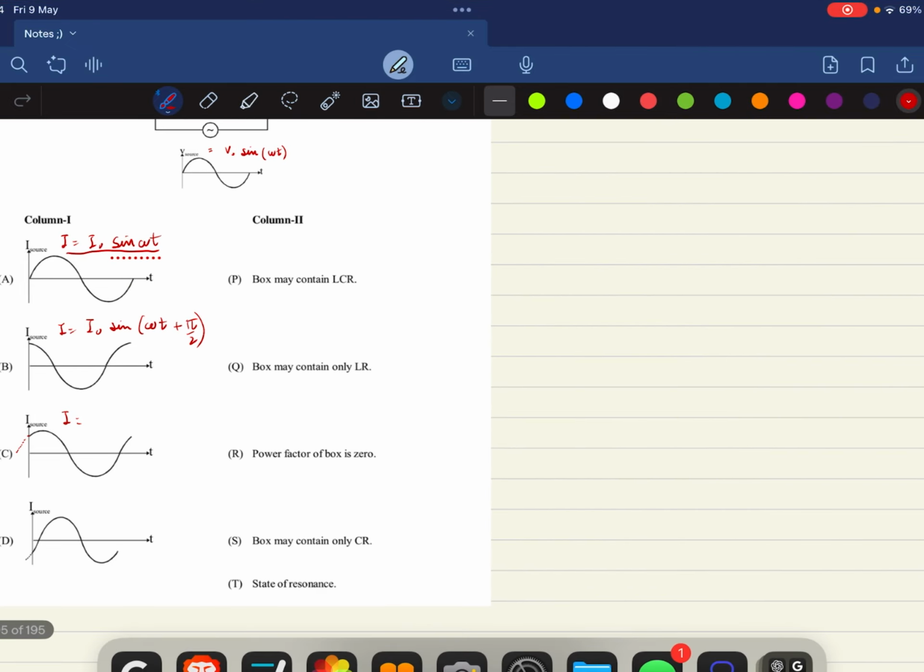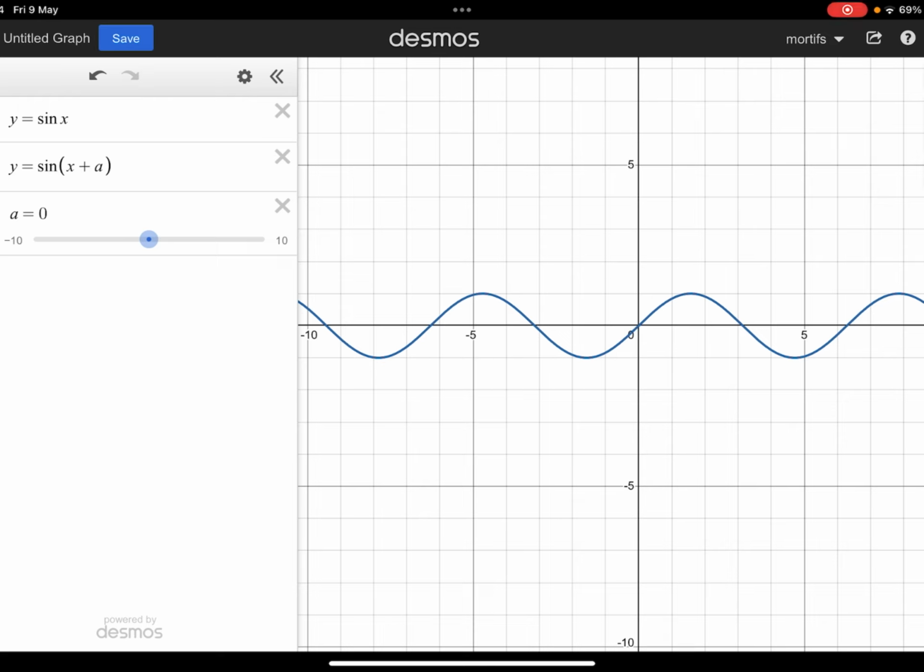Let's open Desmos here and see what happens if we add something to sine x plus a. So the blue wave, where we have added something to the x, is actually moving backwards, so to speak,